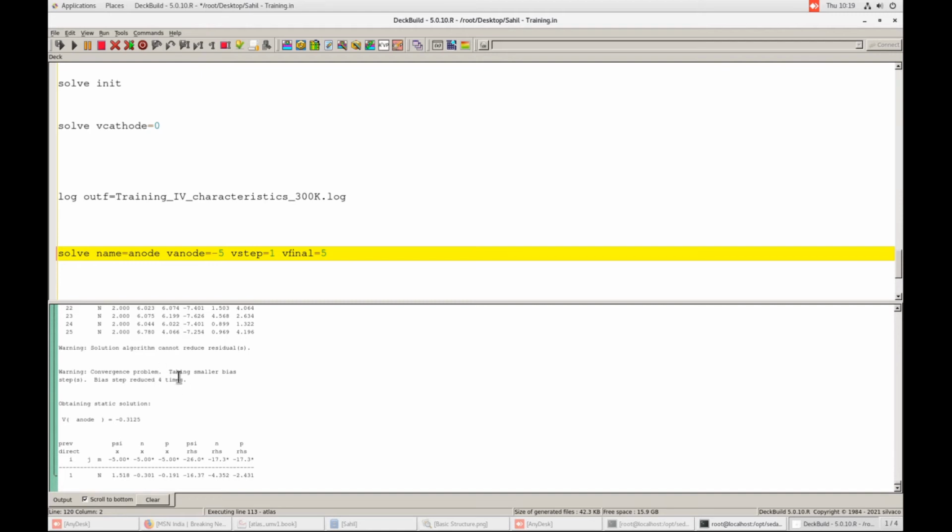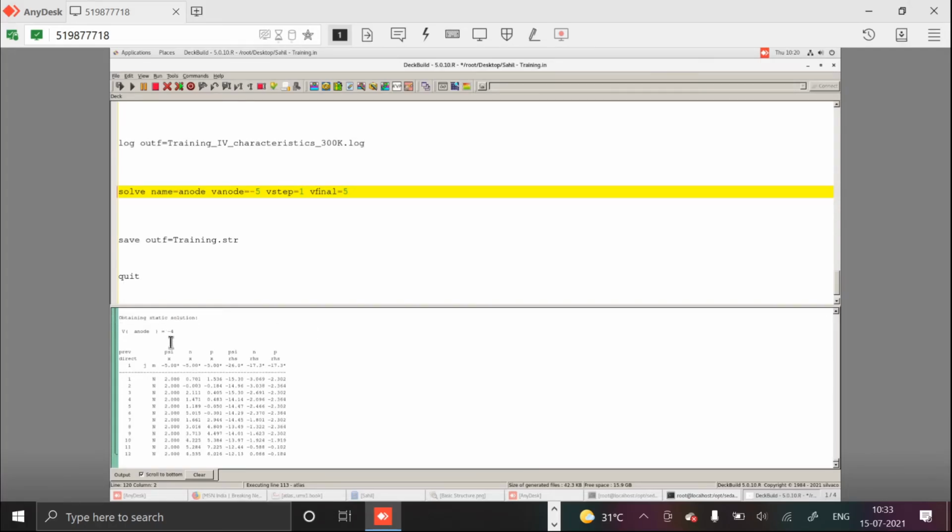This number is defined by maxtrap. So now it has found a solution. So it has moved on to the next step, minus 4 volts. For minus 5 it has found a solution.